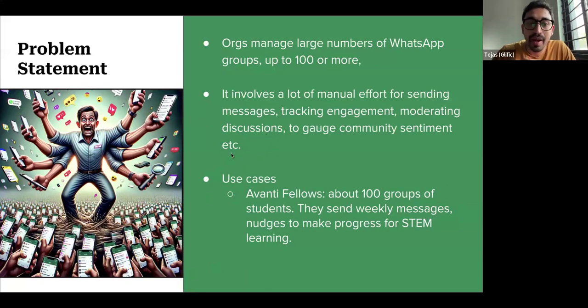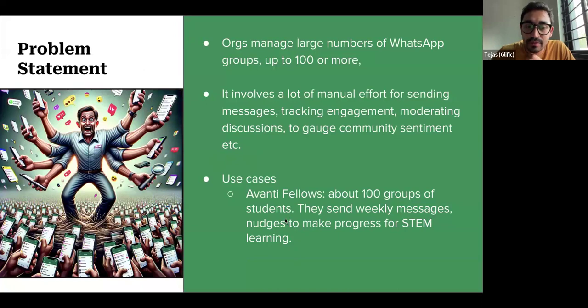Majority need to manage up to 50 groups. Up to 50 groups can also be a pretty big deal to manage, and I'm sure there are a lot of problems that come up with managing these groups, setting community guidelines, etc. And majority of them have not yet used Glyphic. So thank you all. We'll quickly go ahead.